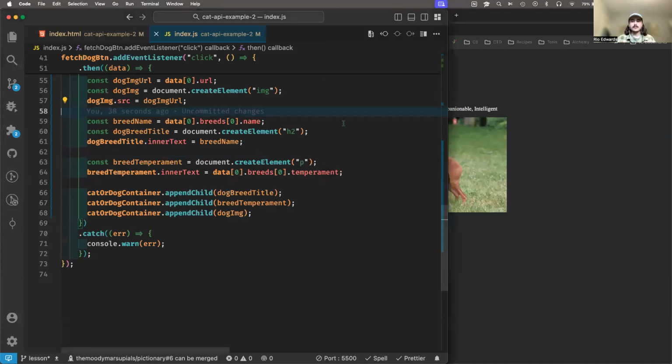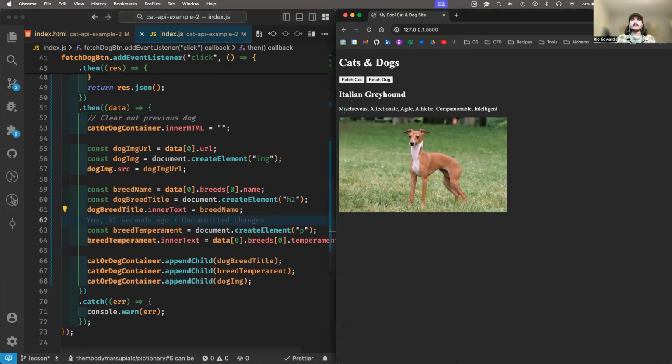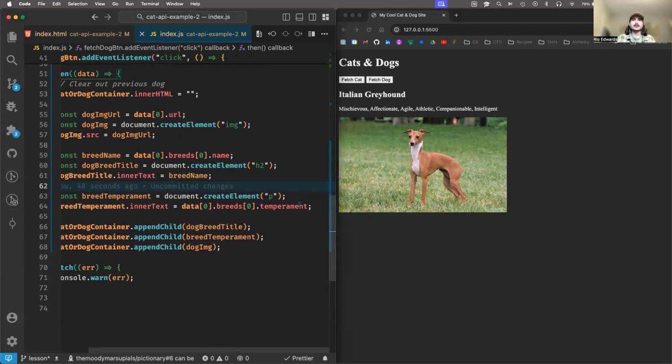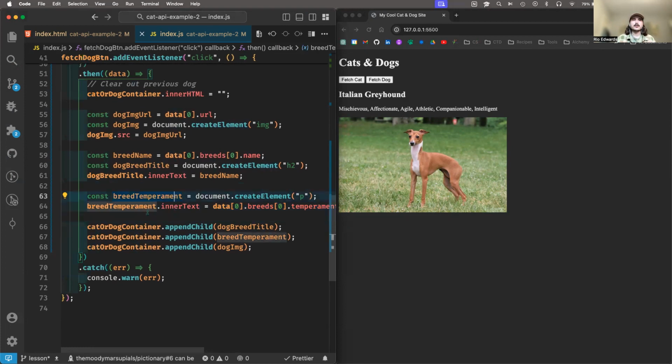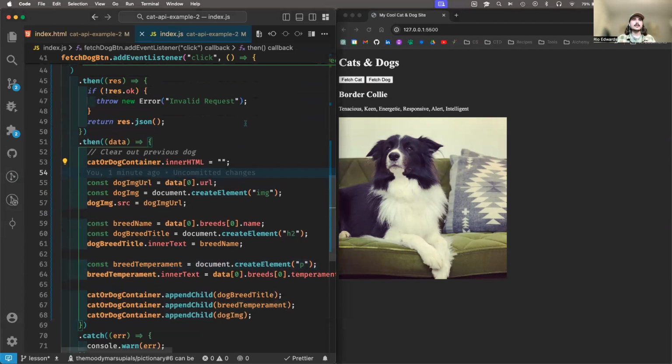So with the cat and dog API, the data we got back was almost the same, but because we weren't getting the description, we had to figure out how to change this code in order to get a different value we want. And this could be anything you want. I decided to go with the temperament. Cool, so now we can fetch dogs and we can get the breed name and the temperament in an image. That's basically it. That is adding a second data point